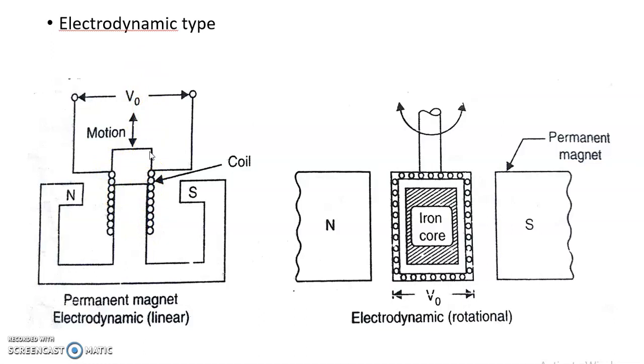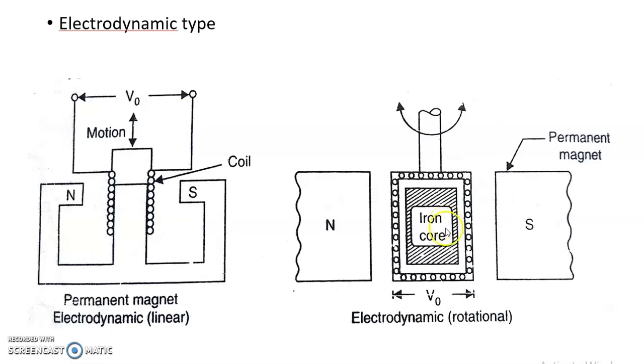When the coil moves, it induces voltage which is directly proportional to the velocity of the coil. So as the velocity of the coil is increased, the voltage induced in the coil also increases. Similarly, in case of the rotational electrodynamic type